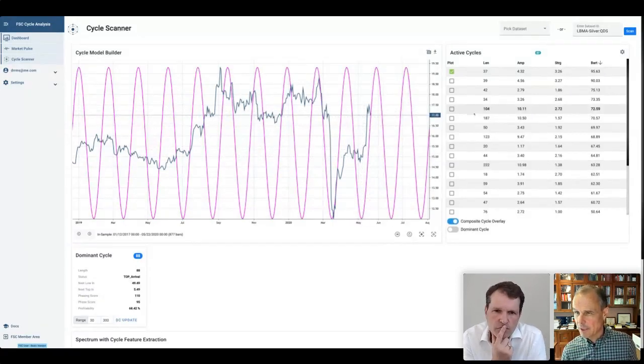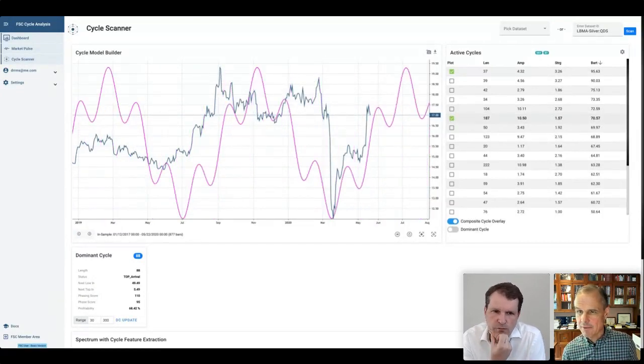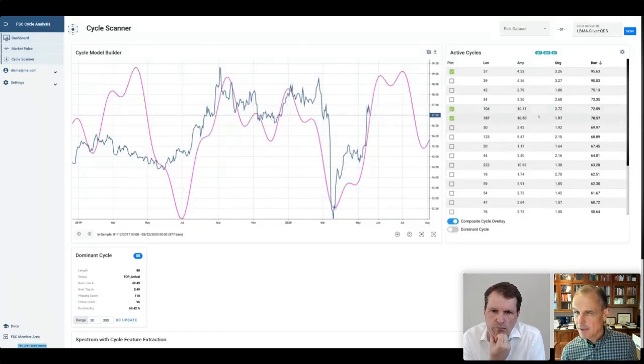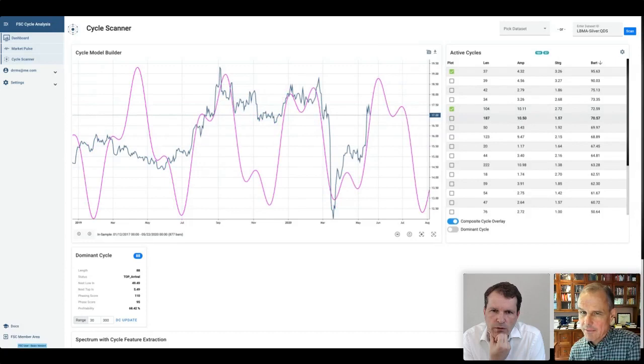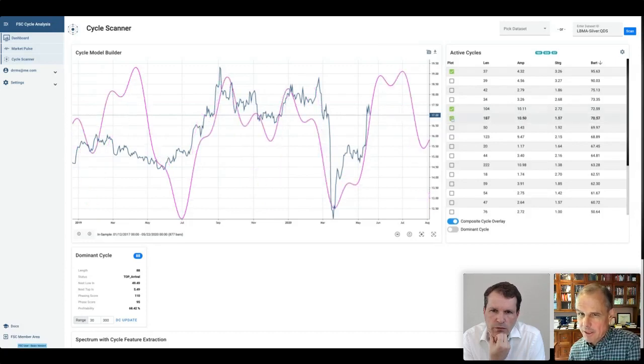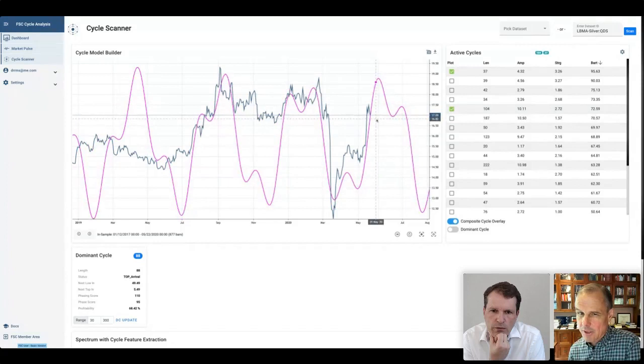What other cycles are in here? I tend to like the longer cycles, like 187. This 104 looks pretty interesting too, especially with the little higher strength, 2.72. That's interesting. Yeah. See how it looks without the 187. So the 187 is clearly uptrending a little while longer out to July, right? Without it sort of topping